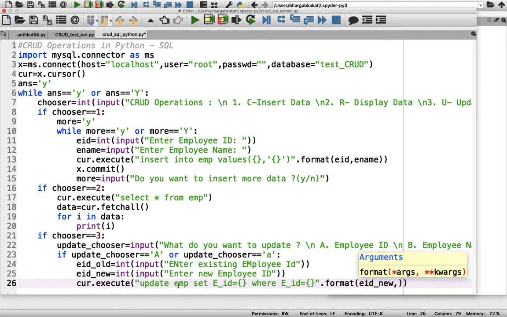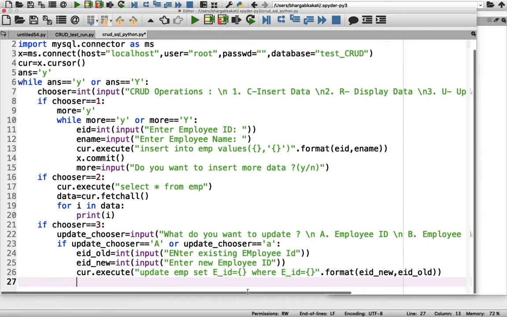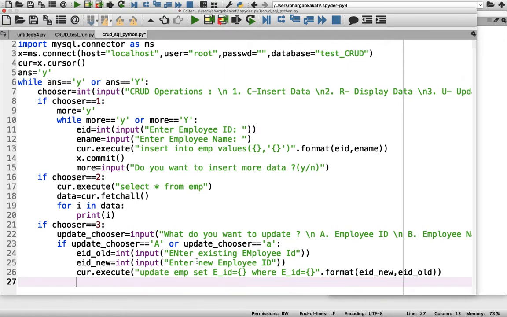That means update table name, set employee ID equals, here the new employee ID will come. Where employee ID equals, here the existing employee ID will come. Therefore, which variable should be used here? EID underscore old. Okay, I have done this. Now I have to make these changes permanent, so I have to use the commit function here. So let's use x dot commit.